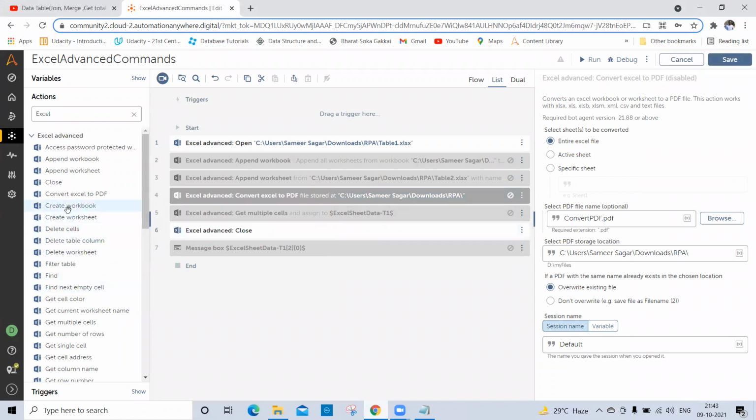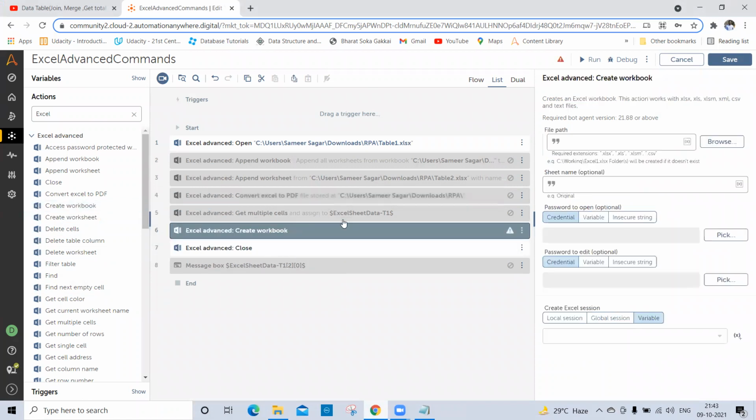By using this command, if you want to create a workbook, it will create an Excel workbook. Excel works on formats like XLS, macro, XLM, CSV files, TXT files. By using this one, you can create one workbook. The next command is worksheet. Workbook means it will create an Excel file, and worksheet means it will create a tab in any Excel file, like sheet 1, sheet 2, sheet 3, by using create worksheet.